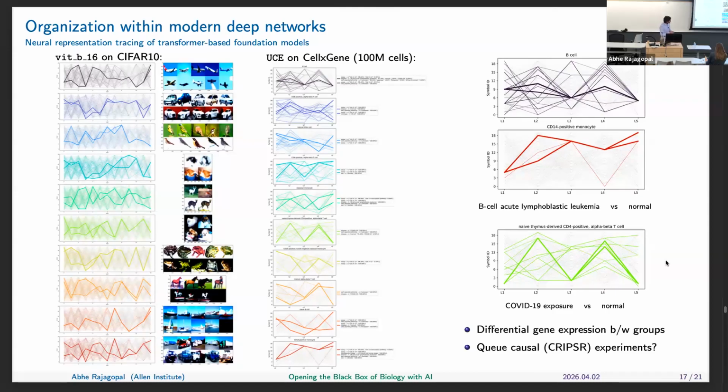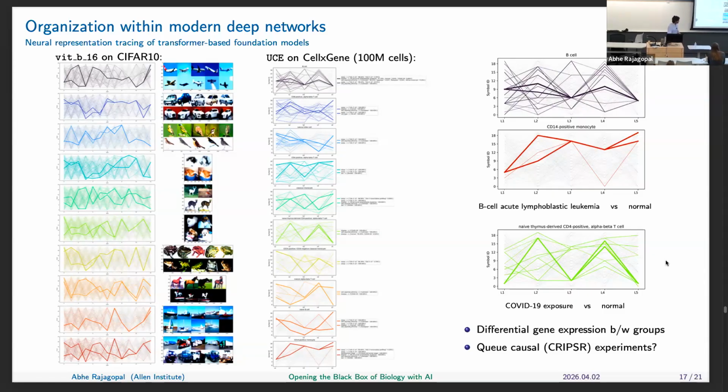So what do you do with this data? Well, the first thing that you could do is run differential gene expression between the different groups. Similarly to how we were visually looking at these pictures and reasoning about green background, white background, horses looking left and right, to do that quantitatively, we could look at something called differential gene expression, which looks at what genes are different between these two subgroups and reasons about which ones are being activated and why, and maybe the environment plays a role.